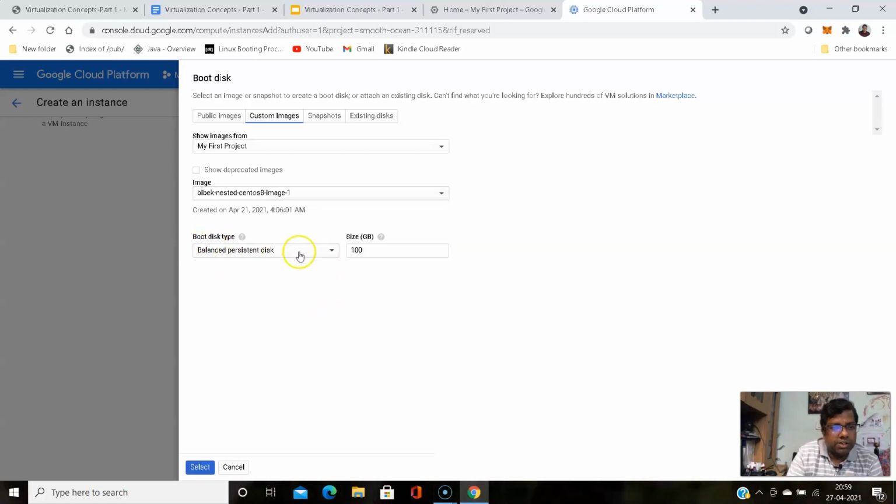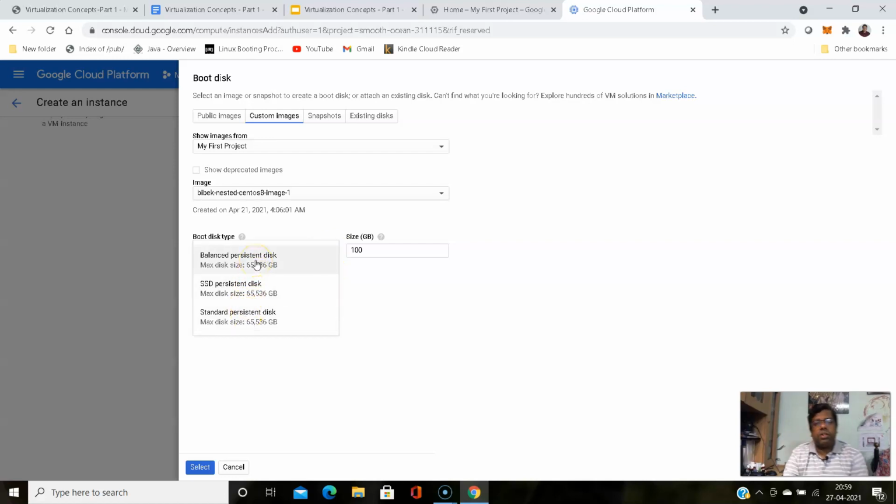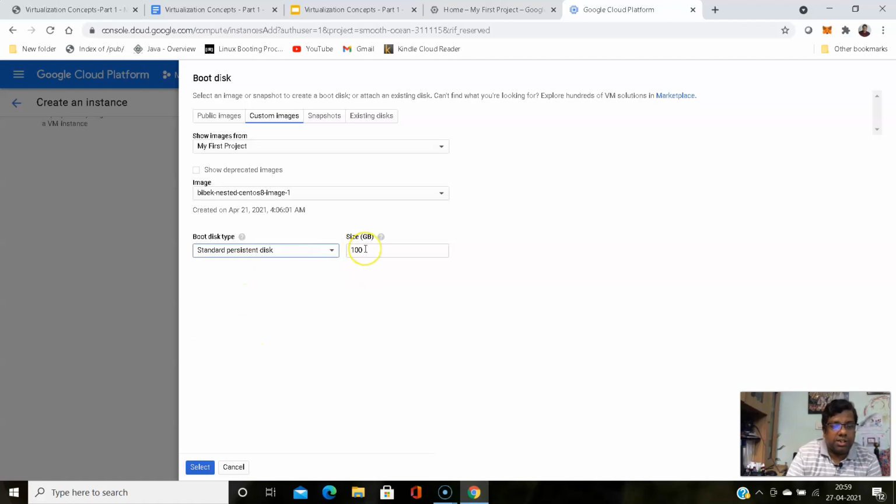For boot disk type, you can choose on the basis of speed. If you are going to run an application that needs high performance, you can go for a persistent SSD or a standard persistent disk, or a balanced persistent disk, but for me this is sufficient. Let's keep it 100 GB, because this image is configured to use 100 GB. We can increase it, but this is what I can use. Select.